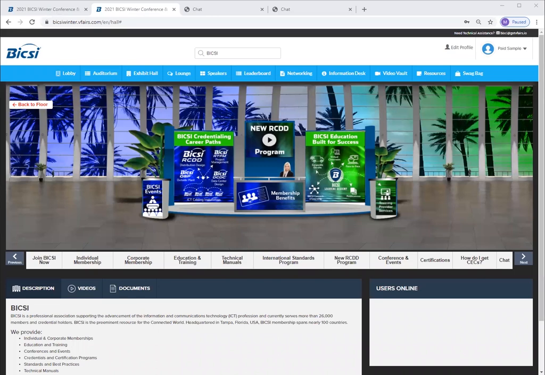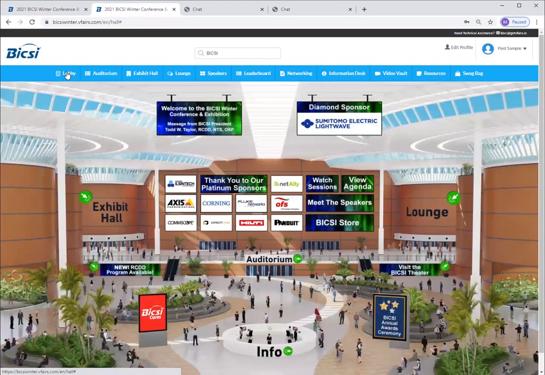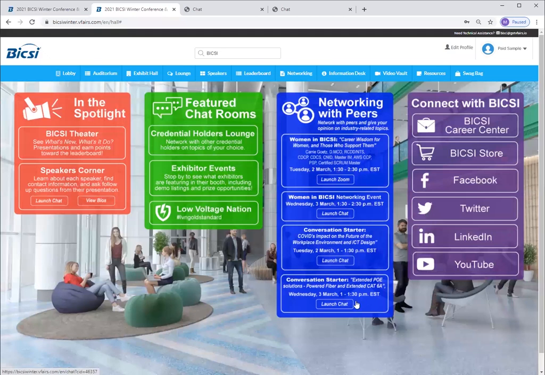Now let's find out some other ways to engage with attendees. Let's visit our lounge. You can click on the lounge on the toolbar, or you can find the icon and click on that. On this page, you will find a variety of ways to engage with others. You can stay connected with BICSI, look for career resources in the Career Center, shop in the BICSI store, or stay connected through various social media